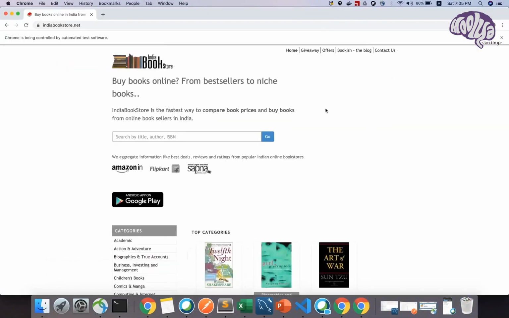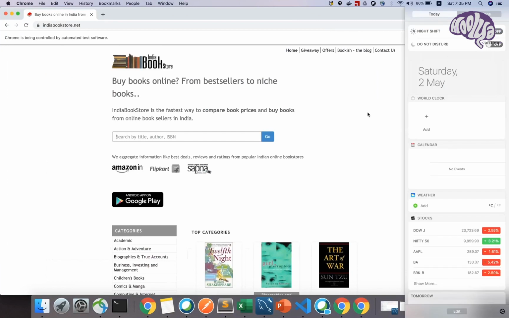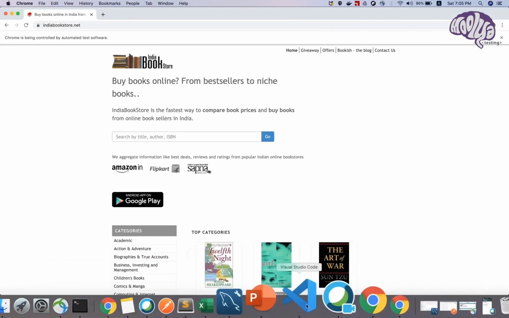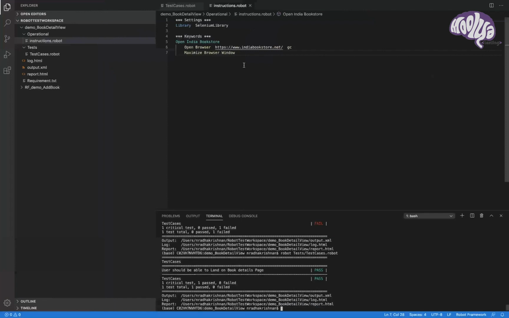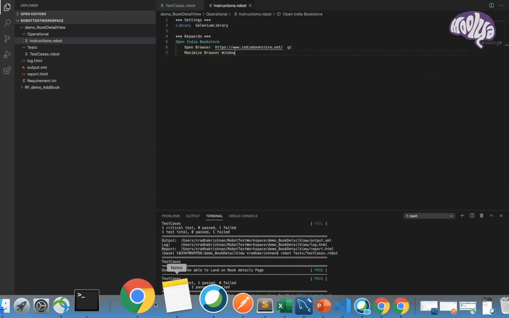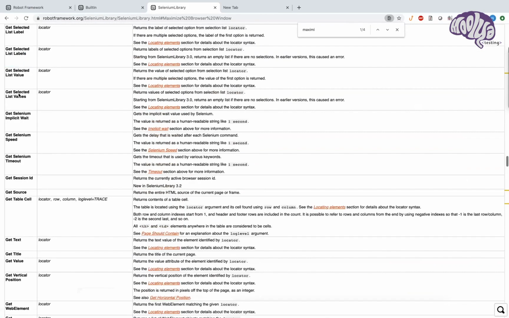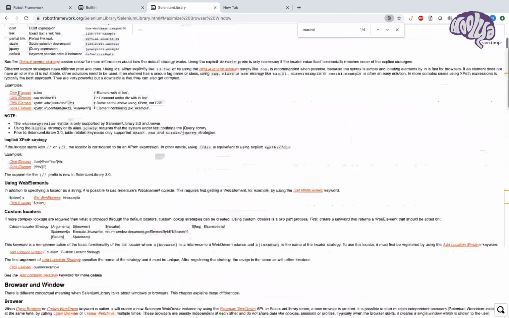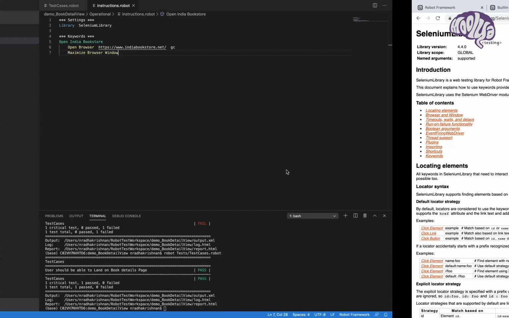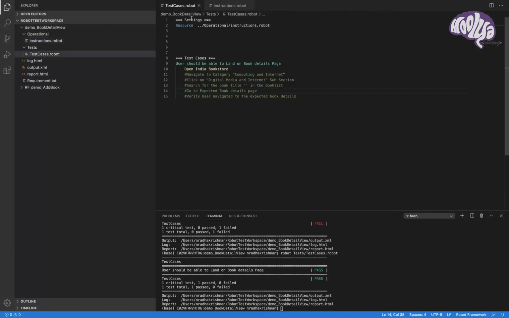So we have maximized it. So far, if you see, we did not use any scripting knowledge here. All we are passing here is just the command, a robot command, where we have all the commands mentioned here, whatever could be used in the Selenium library. Okay, let's proceed further. We have seen the settings, we have seen the test cases, we have seen the keywords.